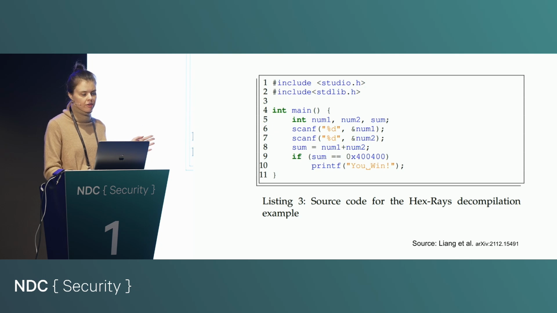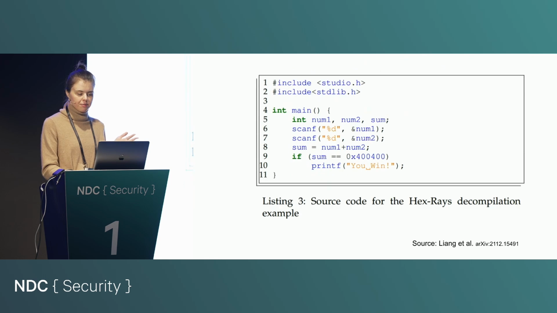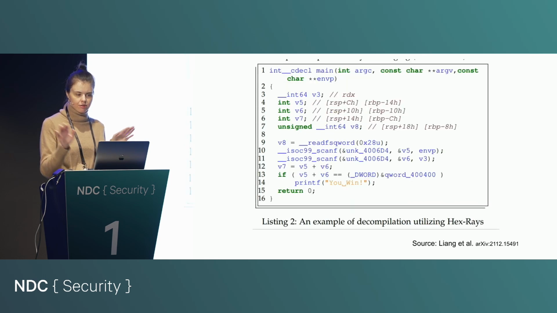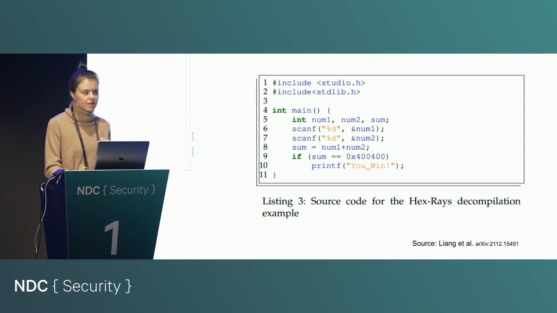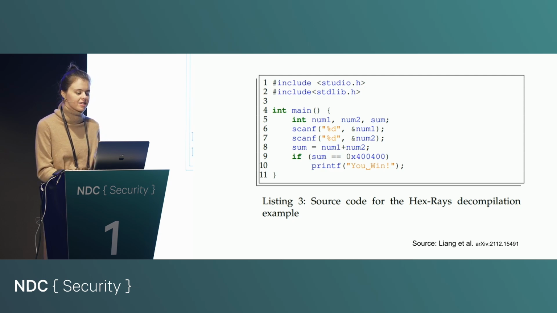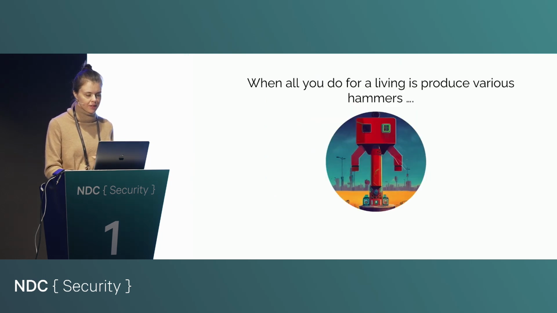So this is what a human developer wrote. And then they compiled it using a compiler into assembly, and then they let Hexrays decompile it. If you're an expert, you could probably just eyeball these two and they would look the same to you. But to me, it would definitely take some time to really understand that what's going on in this piece of code is the same as what's going on in this piece of code. So that's what we mean: the output of decompilers is more like pseudocode, but it's not really close to what a human developer would write.